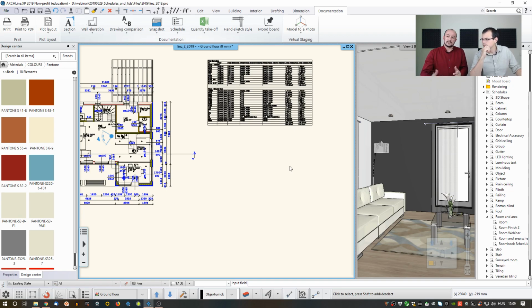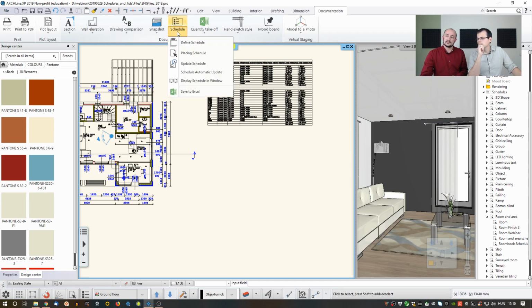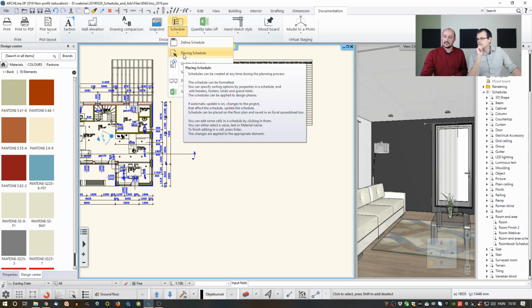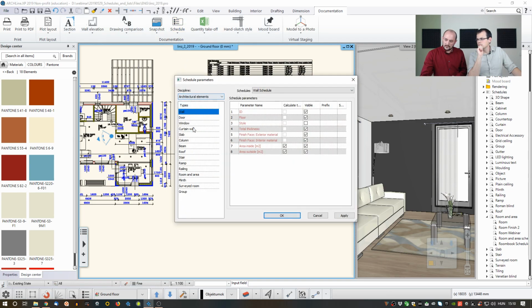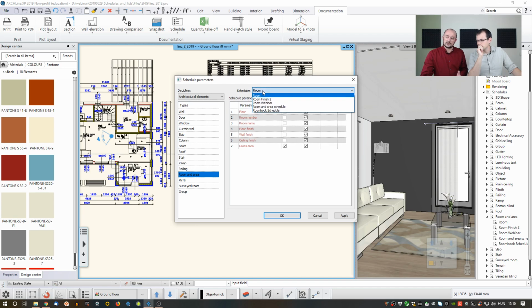I can actually use it by simply using the schedule and placing schedule tool. So I just click here, and then now if I go through the list and find room and area, I can see there is actually the original one, and I can see the room webinar which I created just now. And then when I hit OK,